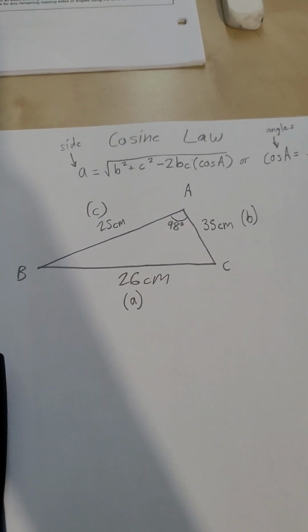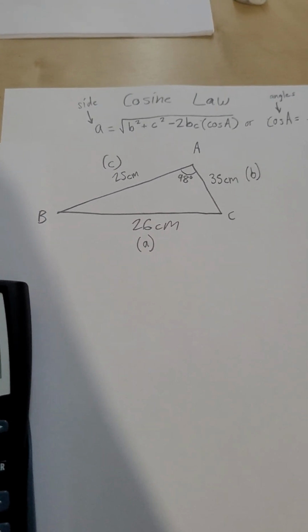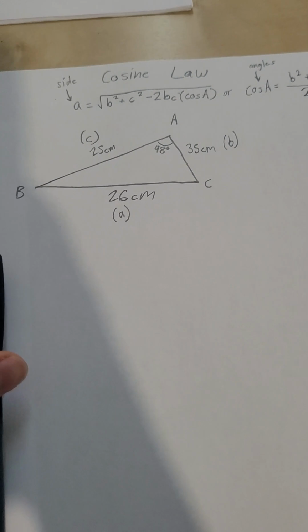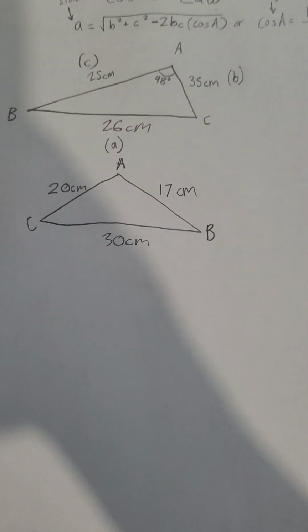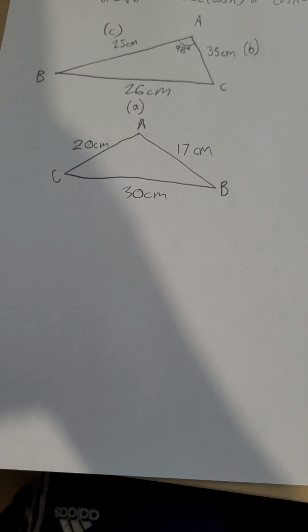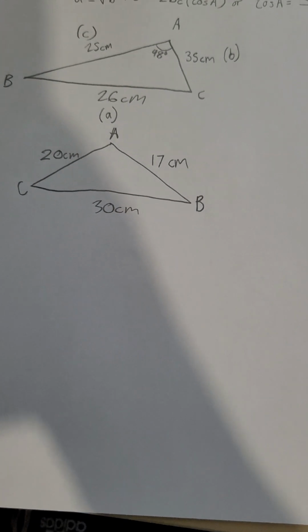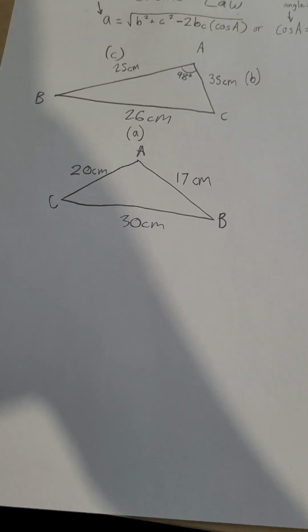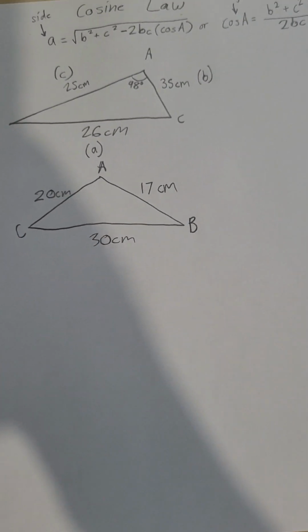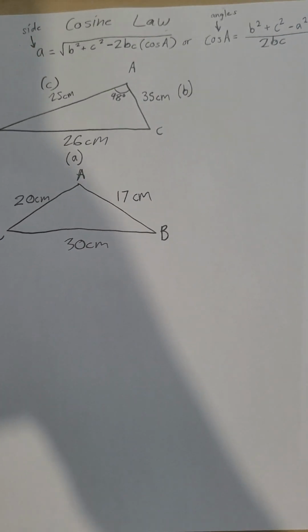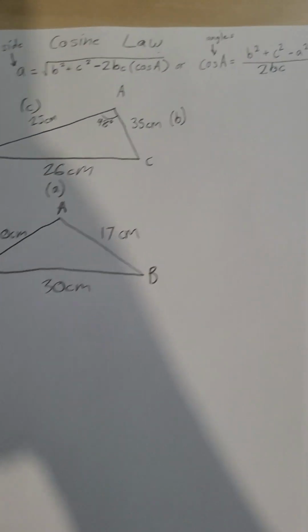So that is how you find a missing side, but a missing angle is a much different story, and I will find an example for that. When you use cosine law to find an angle, you'll probably find yourself in a situation like this. And this is a very strange situation because you know the length of the sides, but you don't know any of the angles. But there is a way that you can solve this, and it is by using this